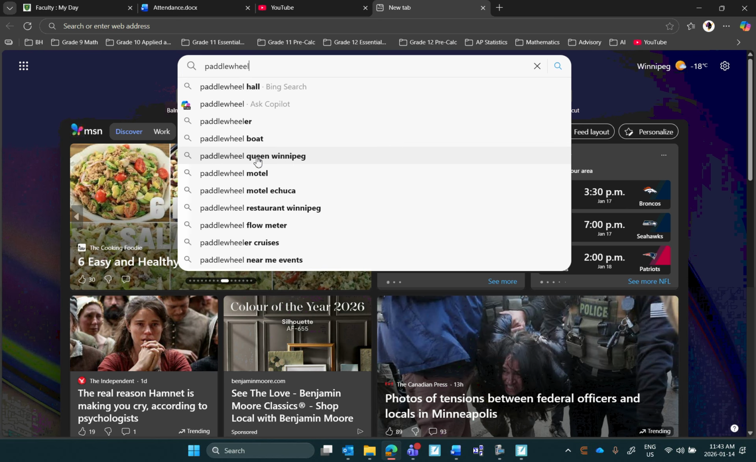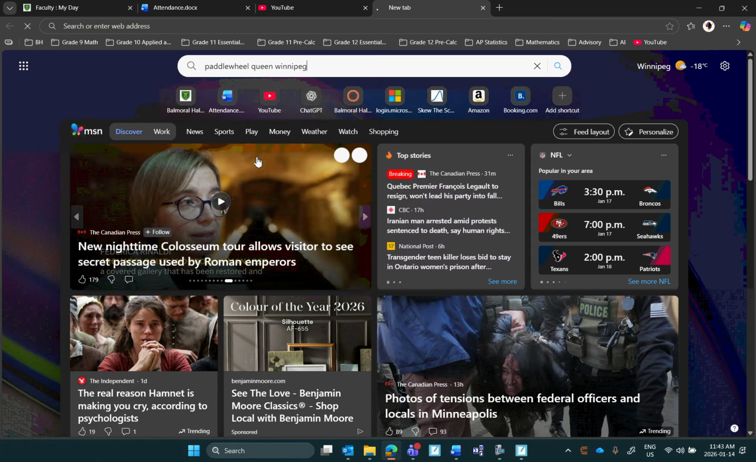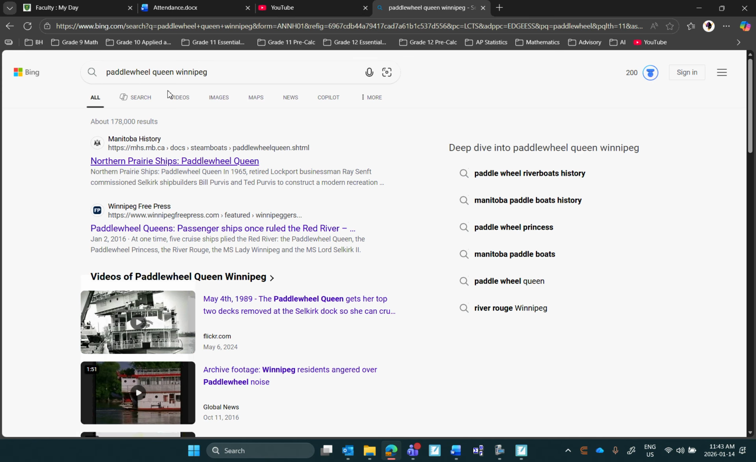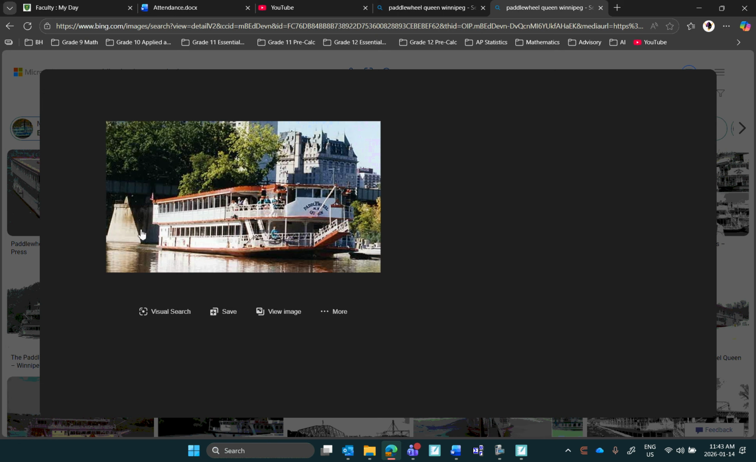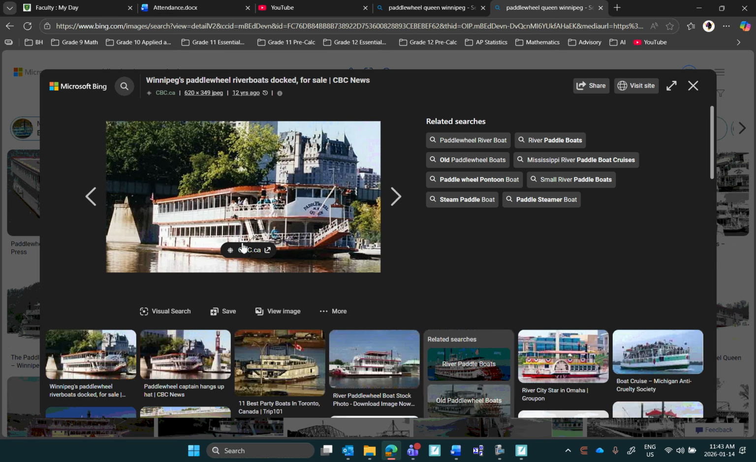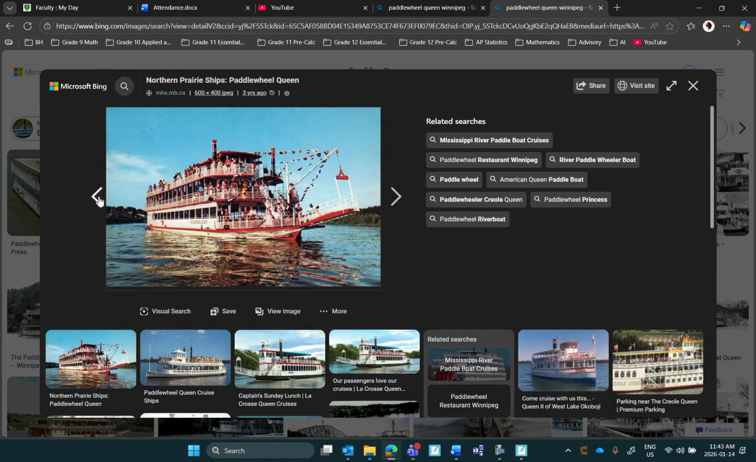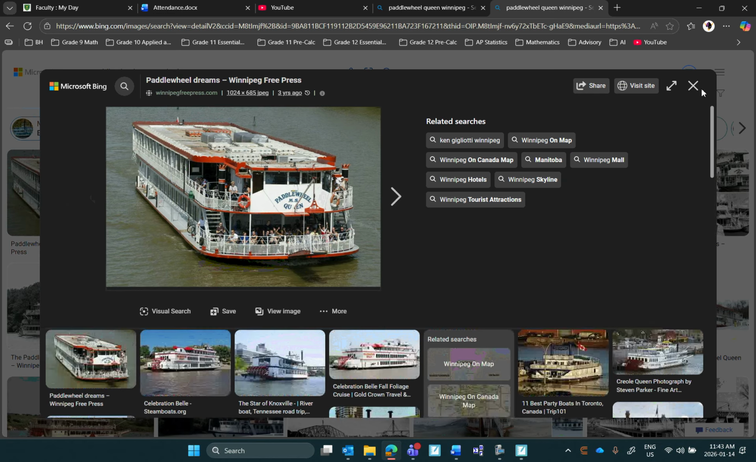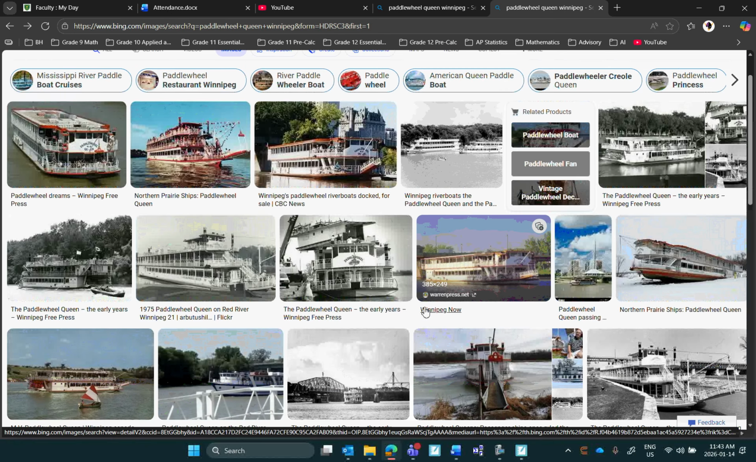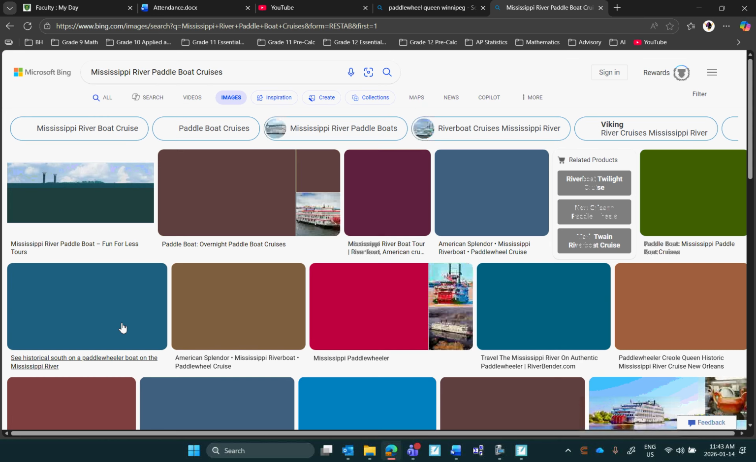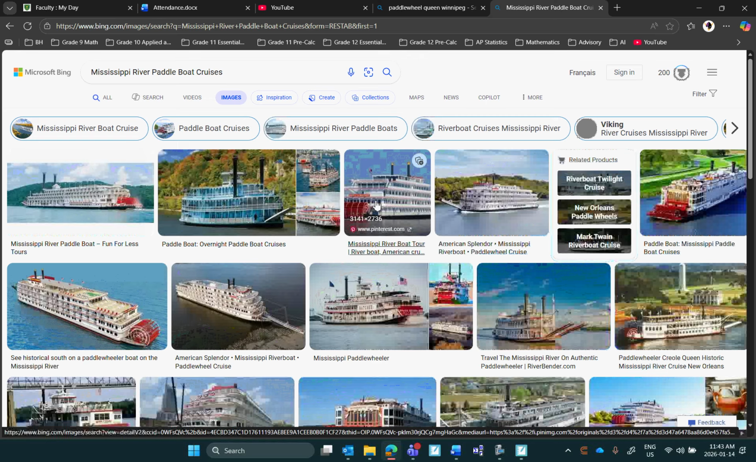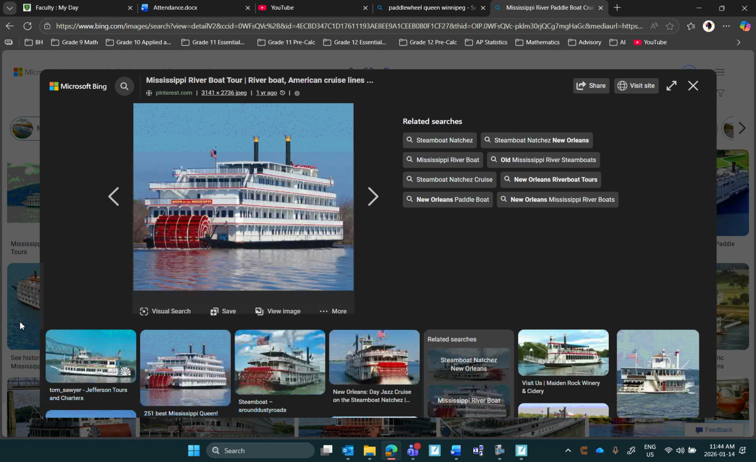Look at this. Here, I'll even show you the paddle wheel queen that used to sail the Red River in Winnipeg. There you go. That is the paddle wheel queen that used to be on the Red River. I never said it wasn't a thing. Let's see if we can find the back of one. There we go, there's a good picture. And you can see that's how it moves. It's got like a Ferris wheel thing on the back. Anyway,